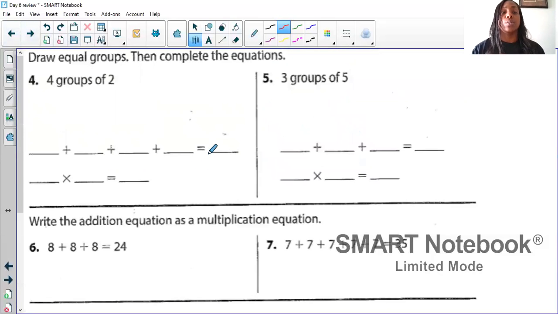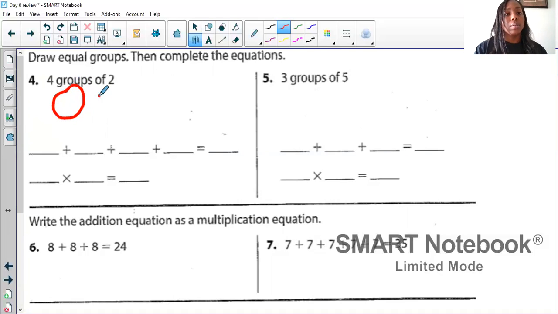Now we're going to draw equal groups and then complete the equations. Now I'm not going to do all of this with you because some of this is you trying to show me what you know. So what we're going to do is questions number 4 and 6 together. So if we take a look at question 4, it says 4 groups of 2. So that means I need to draw